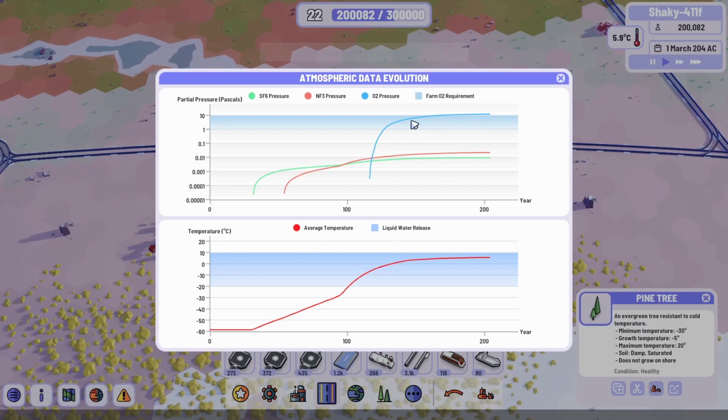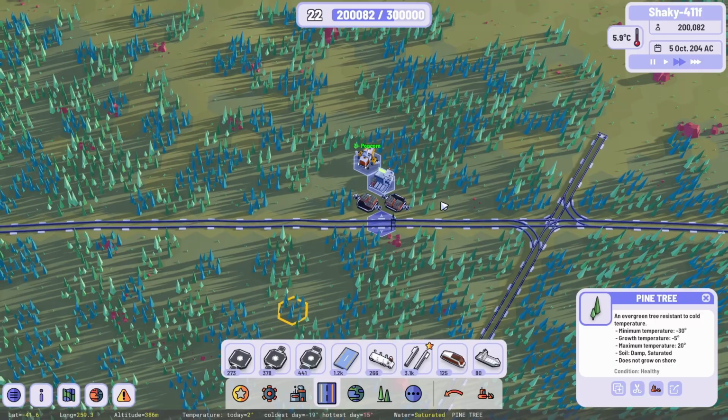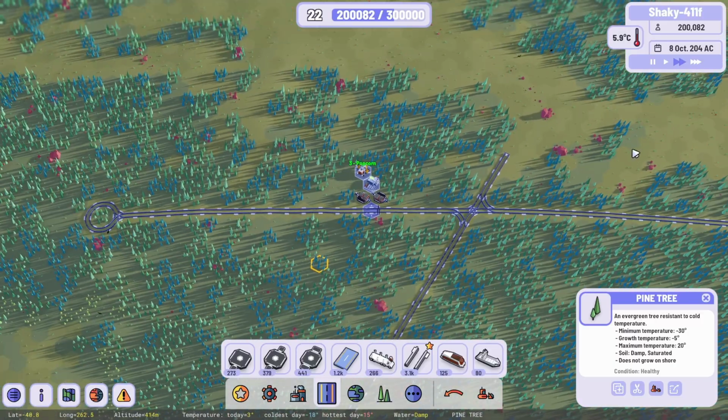This is all maxed out. So we're good on oxygen. The city is going to be provided with oxygen just from the air. Alright, our city's growing now. We have concrete going. I am going to work over here and just start building our recycling centers and stuff